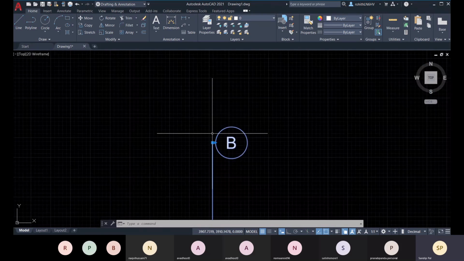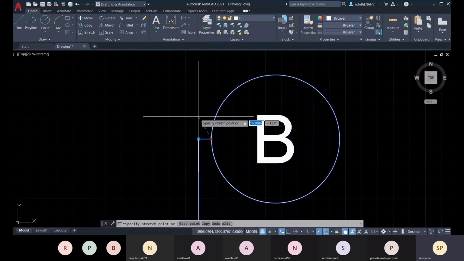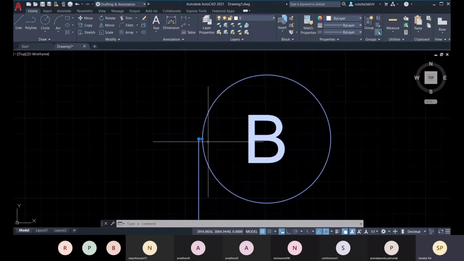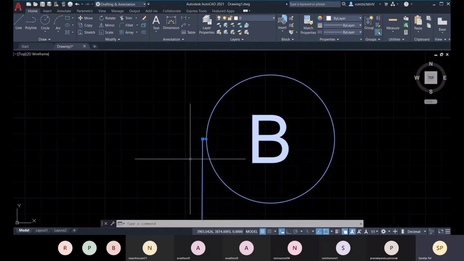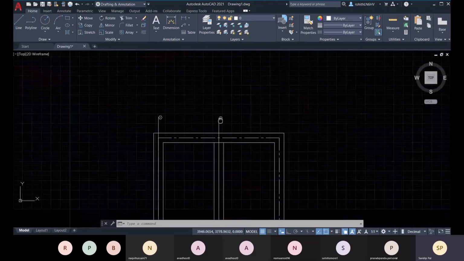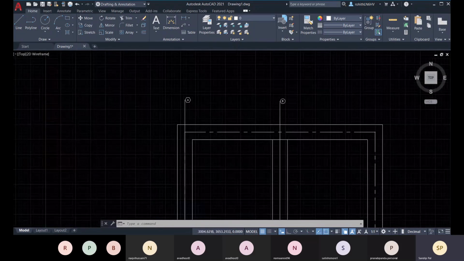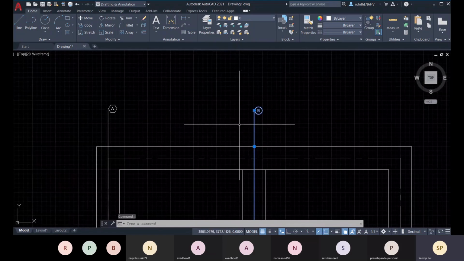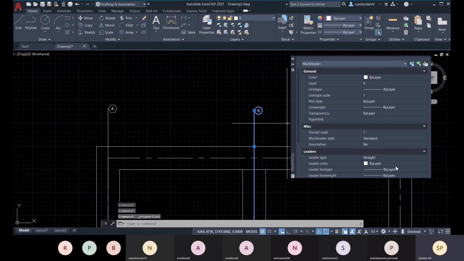Let me check. No, it will place like this only. Okay, so we have to place it this way. This way you can place your grids.